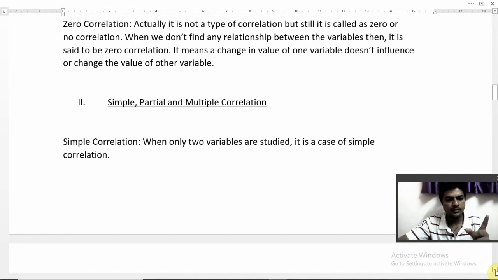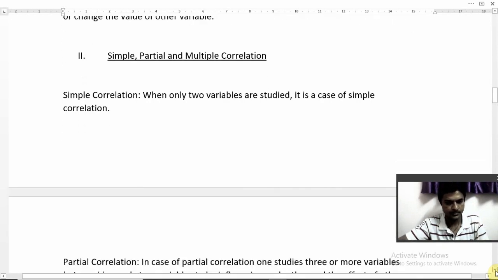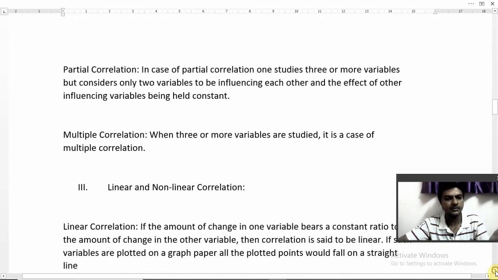When one variable is studied, it is a case of simple correlation. Means only one variable we study. Suppose if you take the x variable, only x we are going to study. If you take only the y variable, you are going to study only the y variable. That is called simple correlation. Is it clear, friends? Similarly, next we have